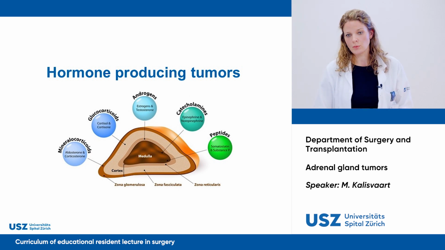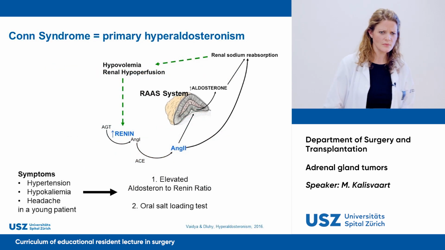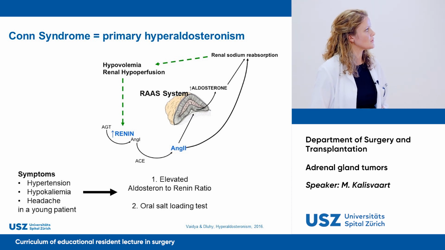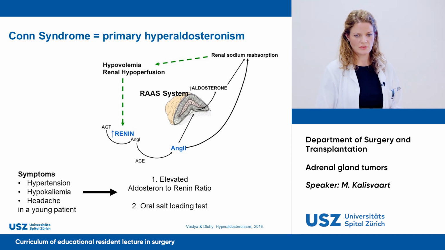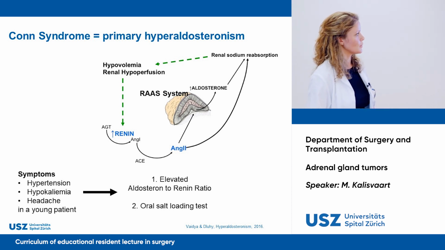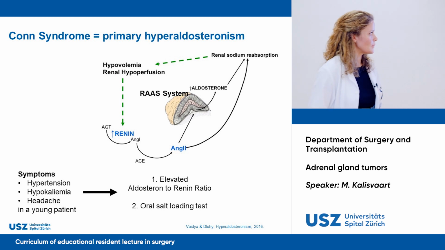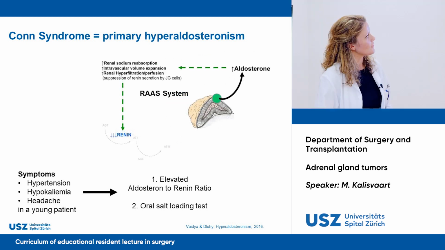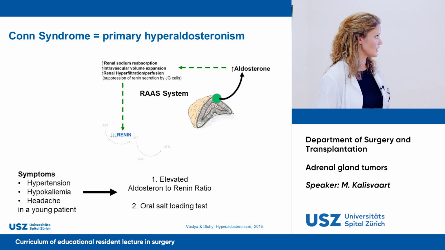So then we go to the hormone-producing tumors. First, we have Conn syndrome, the primary hyperaldosteronism. As you can see here, the RAS system is involved, where the adrenal gland produces the aldosterone, and there will be a negative feedback into the RAS system, and also lower renin levels. This is the normal system. Then, in case of a Conn syndrome, there's an excessive release of aldosterone in the blood circulation,